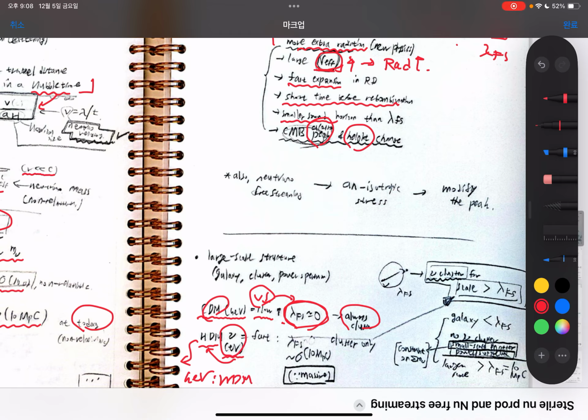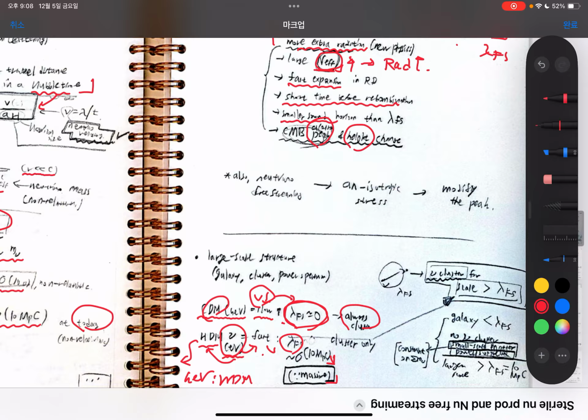So the electron volt scale active neutrino has a large velocity, and the free streaming length is about 1 megaparsec. This is a non-relativistic case at the current epoch, considering the mass. So compared to the cold dark matter, the active neutrino has a large velocity and a non-negligible free streaming length,